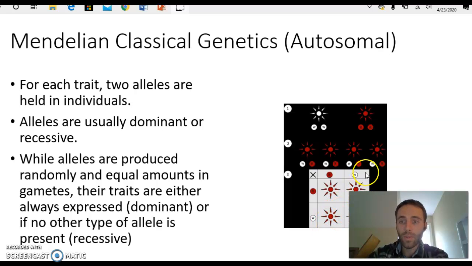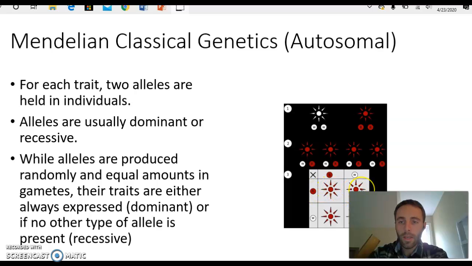And so they would also have the same genotype then as their parents did. They have one red and one white. This one at the bottom right receives one white from dad and one white from mom. So because he only has white alleles, he is going to express the white trait. And so we are just seeing this situation where we have